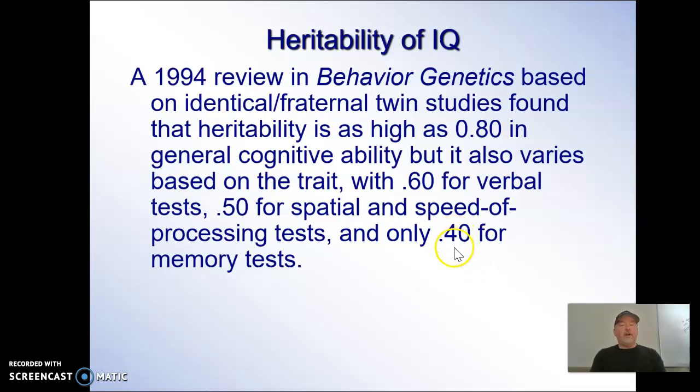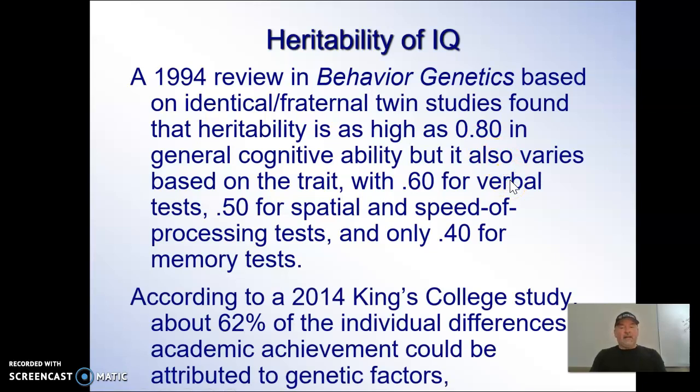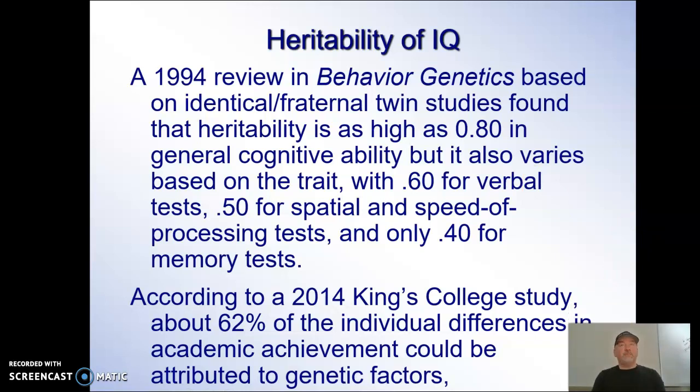Now, that's not to say 40% of your intelligence comes from your genes. That's just to say that there is a correlation of about 0.4 between your intelligence and your parents' intelligence, as far as up to 0.8. And we talked about correlation in Unit 2. That is a big correlation in psychology. And then King's College, 20 years later, did a study, and they basically said it was about 0.62. 0.62 was the heritability. So intelligence is really heritable. But there's still, worst case scenario here, about 0.4 that is not related to that.